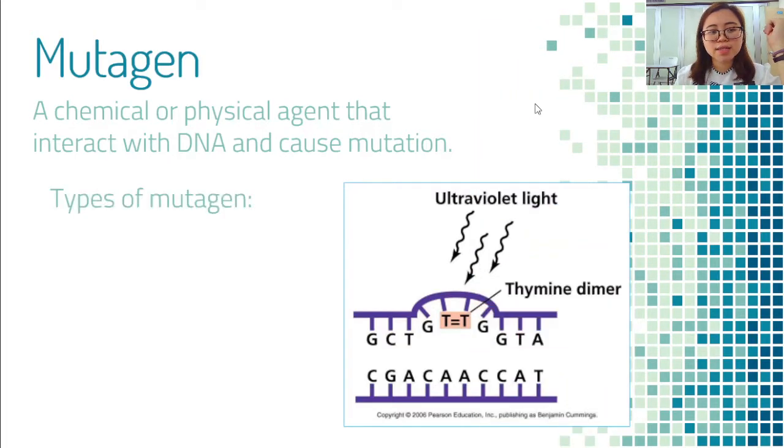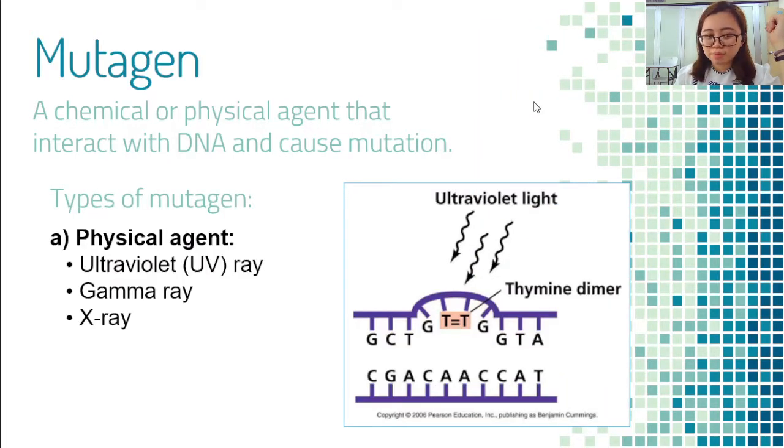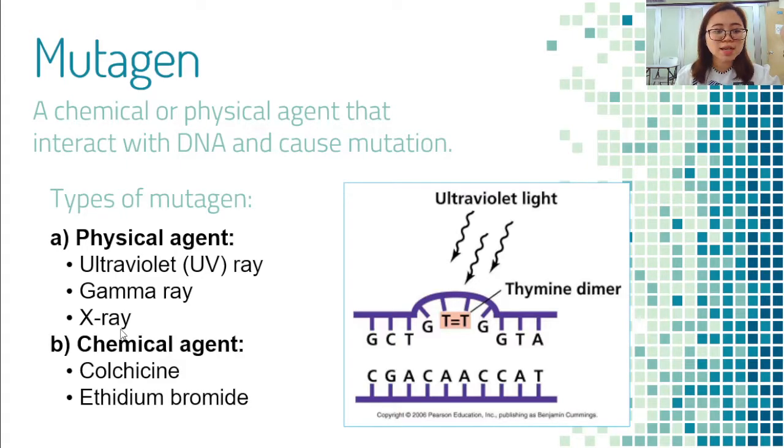The answer is it is a physical mutagen. So there's two types of mutagen, physical and chemical. Examples of physical ones are ultraviolet rays, gamma rays, X-rays, and chemical agents, colchicine, ethidium bromide. Okay, for these agents, in very small amounts and exposed for a very short time, probably will not affect you